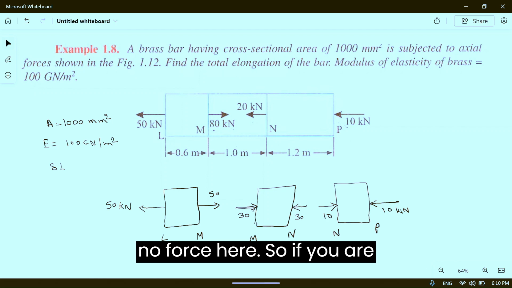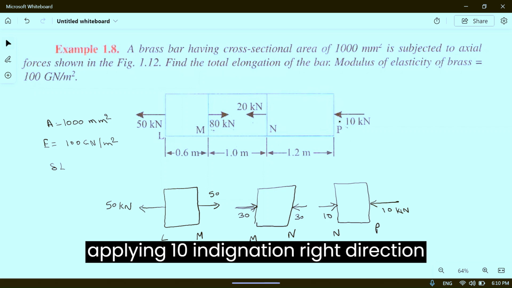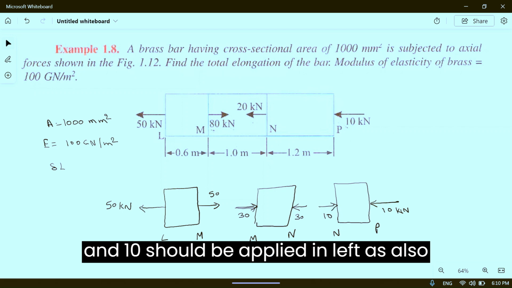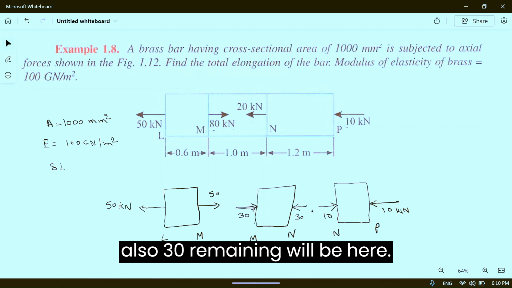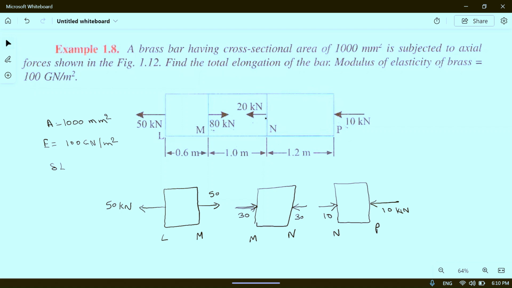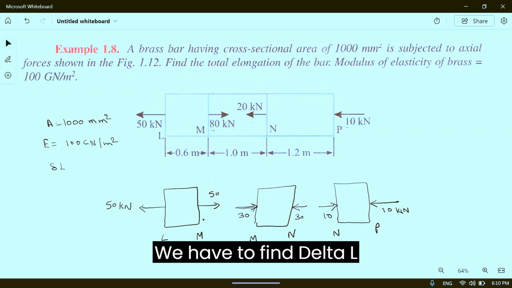Again, if you want to start from right side, so see here it is 10 kilonewton, so in equal and opposite direction, here it will be 10, but there is no force here. So if you are applying 10 in this direction, right direction, then 10 should be applied in left direction also. So 20 plus 10 will be 30, and here also 30, remaining 50 will be here. Okay,